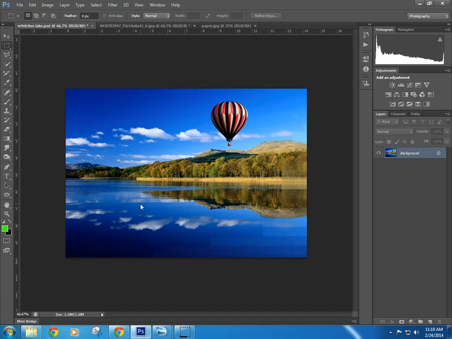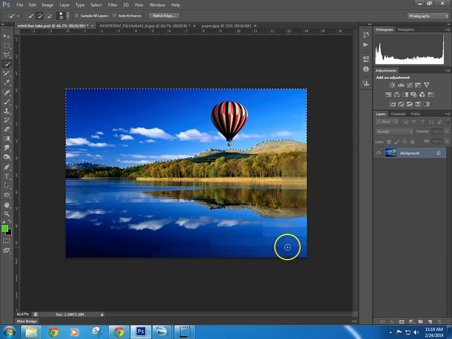Alright, in this video I'm going to show you a few different things. First thing I want to show you is how to make this sky a different color. So if I were to select the sky using my selection tool, something like this, I could do a few